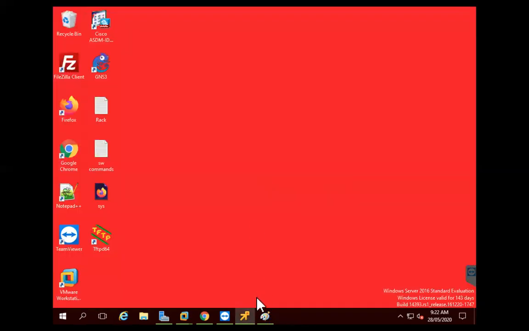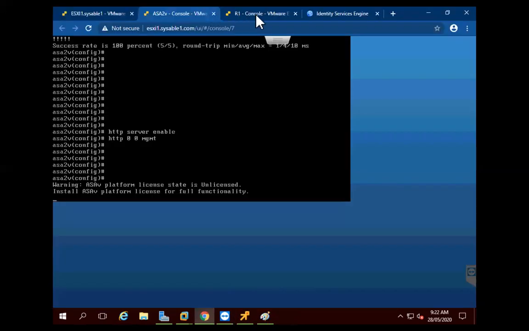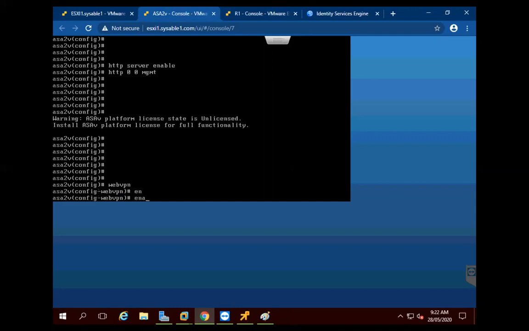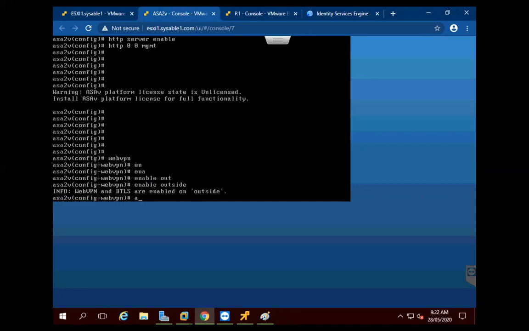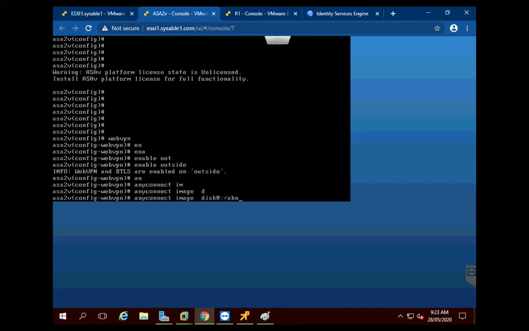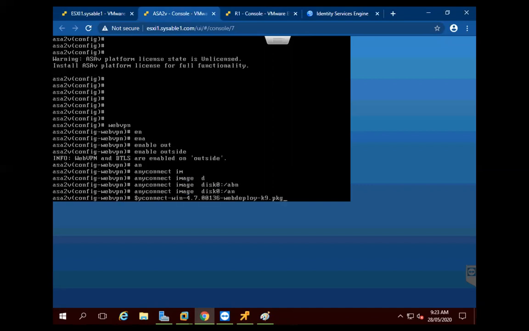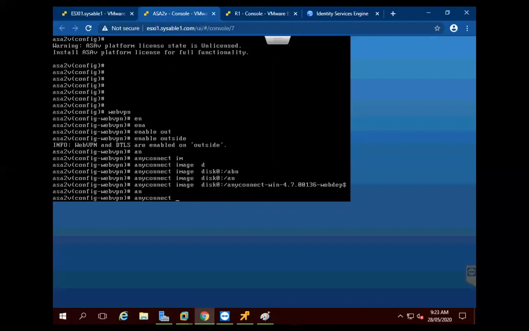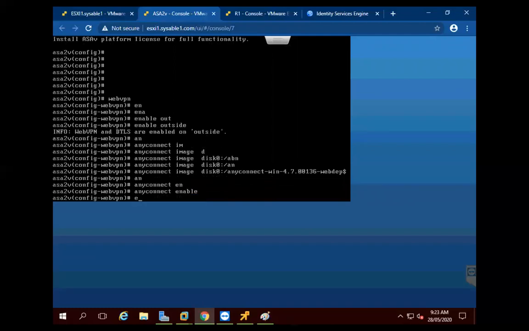I will say yes, and I will again take the ASA console here, and I will give webvpn, enable outside, with anyconnect image disk0, and it will select the image, and anyconnect enable, enable the AnyConnect on outside interface, exit.